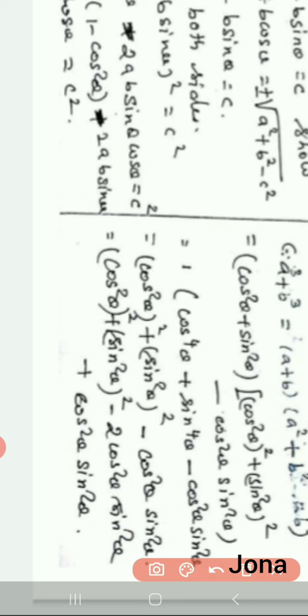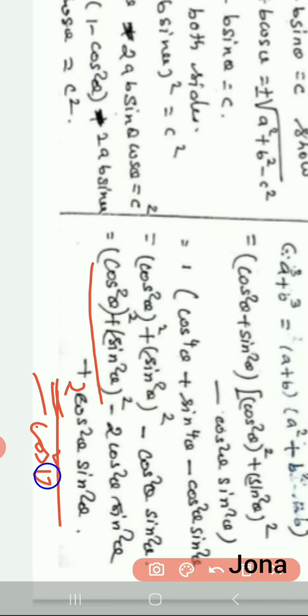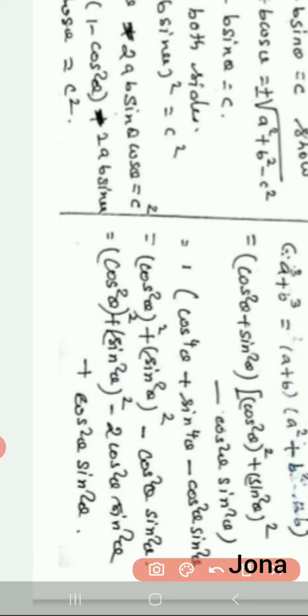Okay, so if I add cos square theta, I want to take along with this and this, here it will be 2. So I made some mistake here, you have to write 2 here. Okay, so this minus cos square theta and cos square theta and sin square theta will be as it is there. Okay, you have to write in your notebook. It is missed in your notes, the material I gave to you. I made some mistake here, so kindly you have to change this.